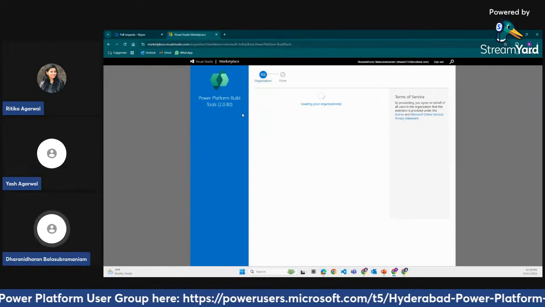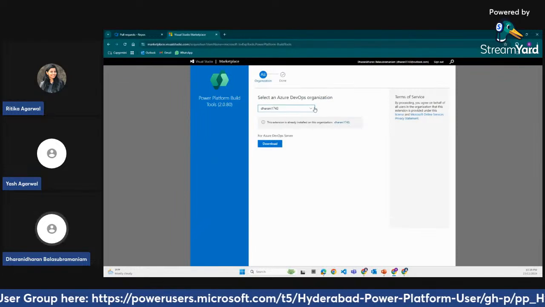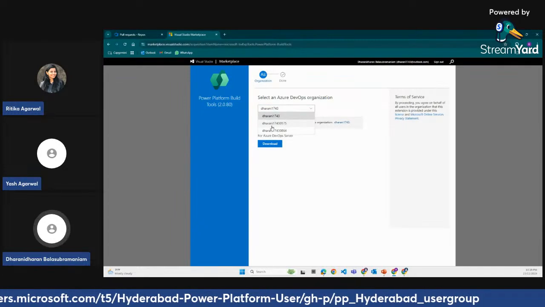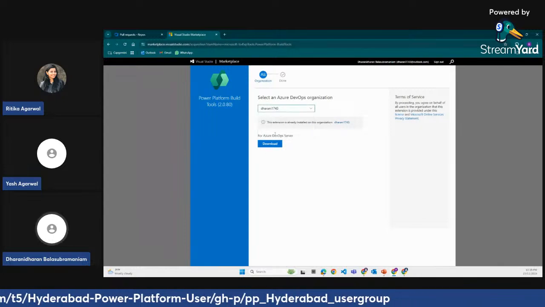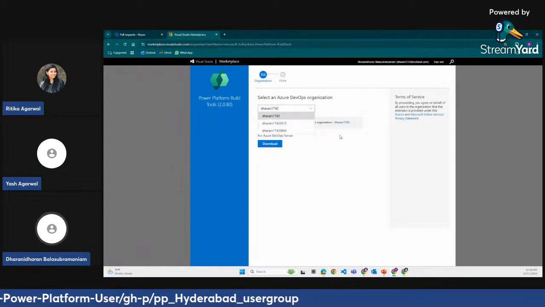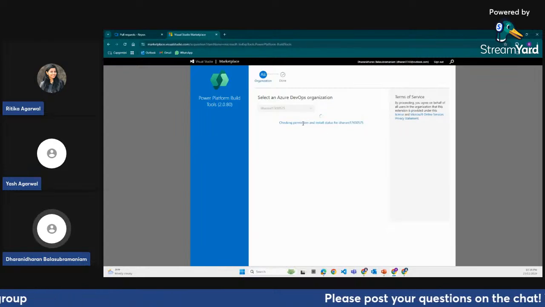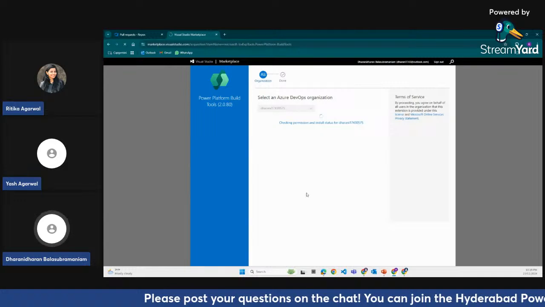This page will open and ask you to select the organization. As of now I have 3 organizations, but I'm selecting the first one. You can see that for the first one this extension is already there. If you go for the other one, it will quickly validate and show you the install button at the bottom of the page.